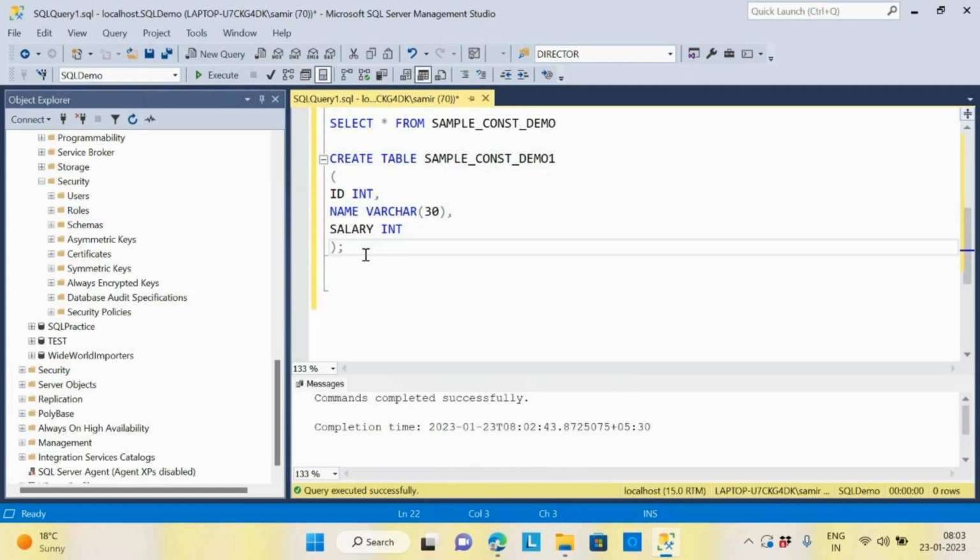Okay, so that brings us to another statement in SQL called alter, which will modify the structure of the table. Here I want to add a constraint to the table. So the syntax would be alter table, then my table name,